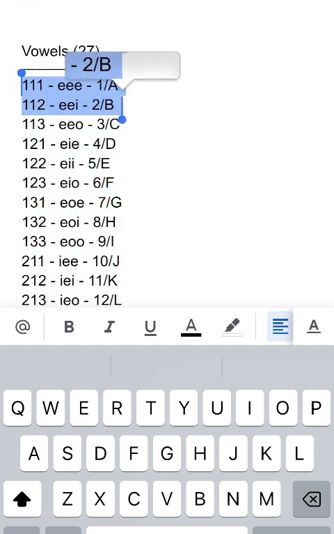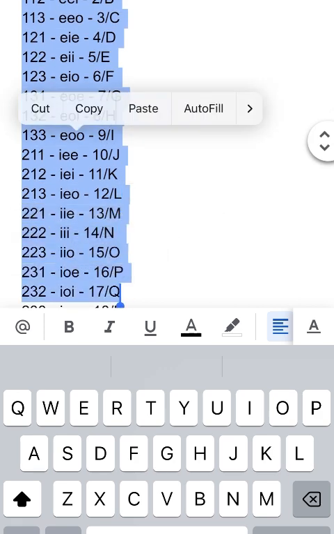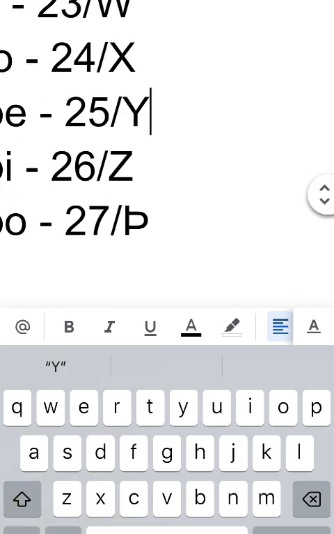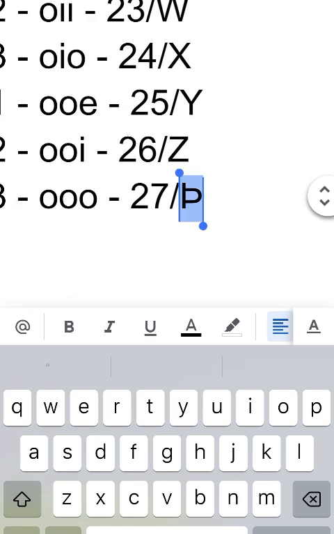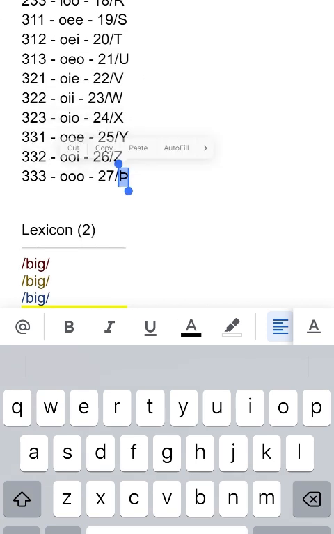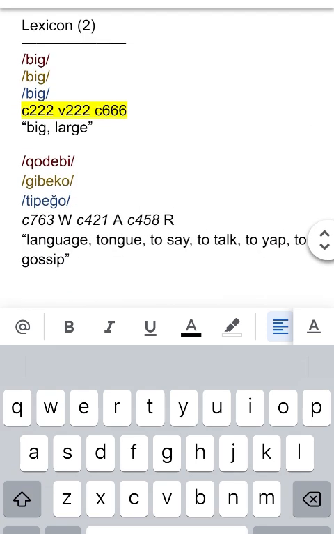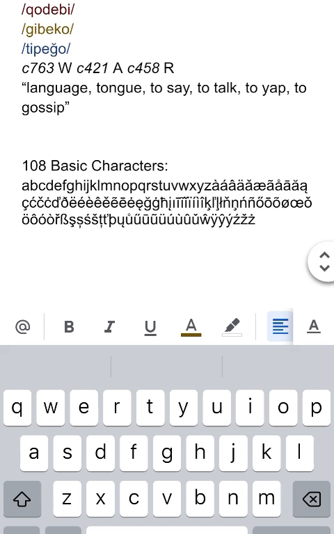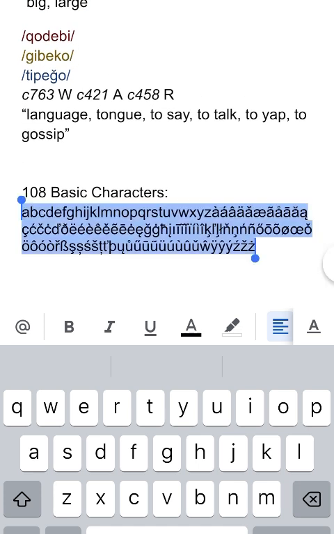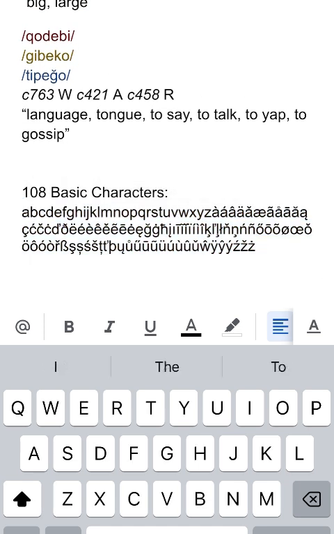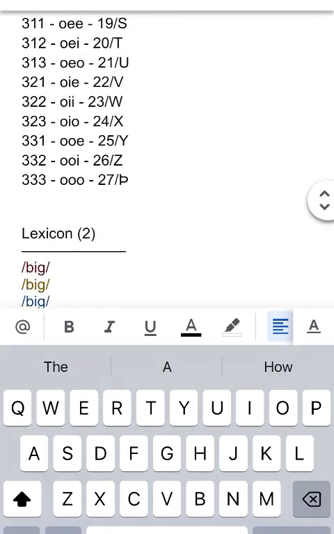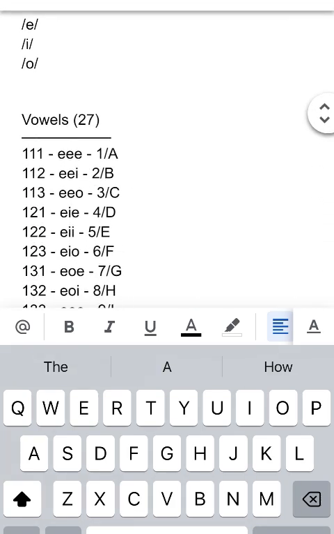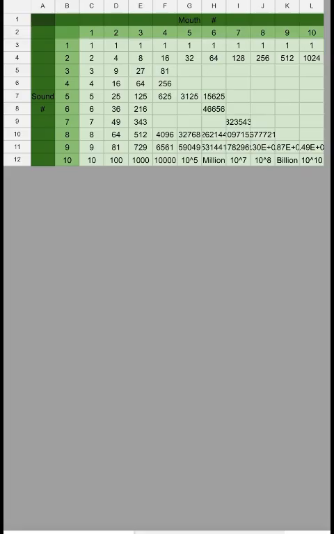Oh, and since there's 27 of these, I gave each one a letter, and then the 27th one is thorn, because hashtag bring back thorn. And then we have like 2 basic words, and 108 characters, because I knew I would need a lot of different characters to represent every consonant. So I went to Google Sheets,